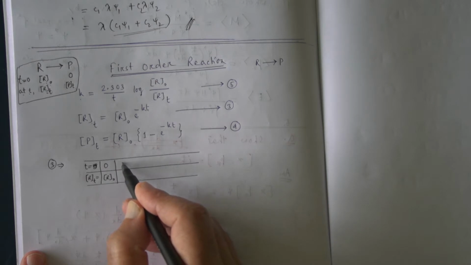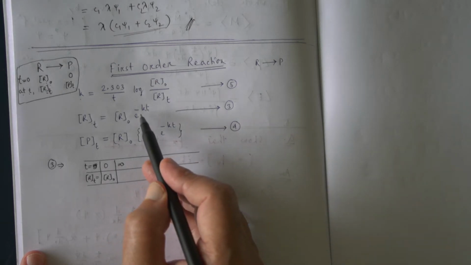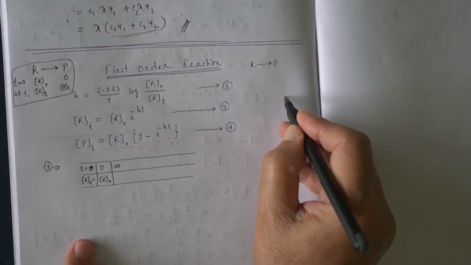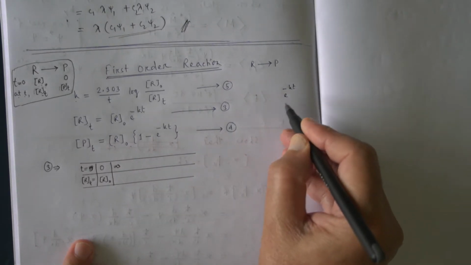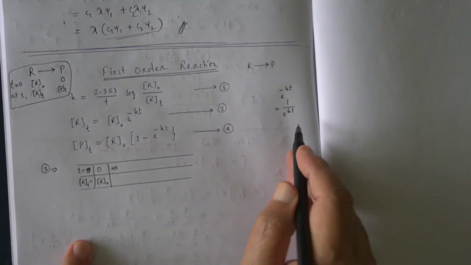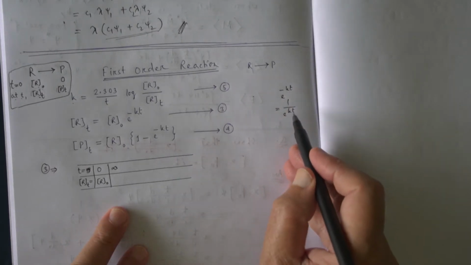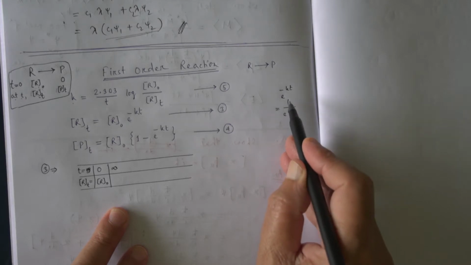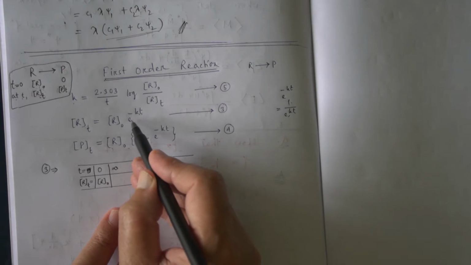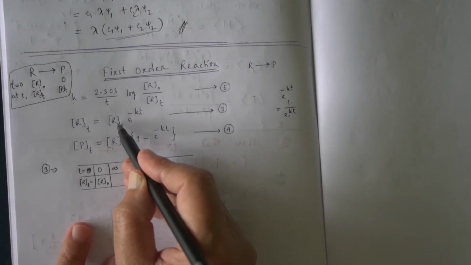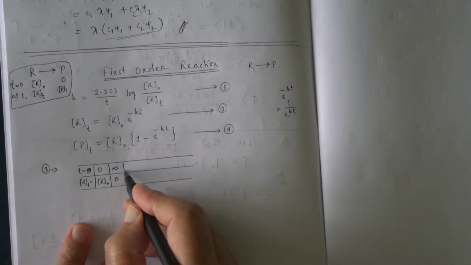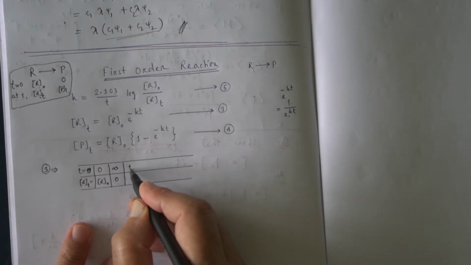When time is infinity, e to the power minus kt is equal to 1 by e to the power kt, so 1 by infinity equal to 0, so this becomes 0, okay. Say time say 1 second,